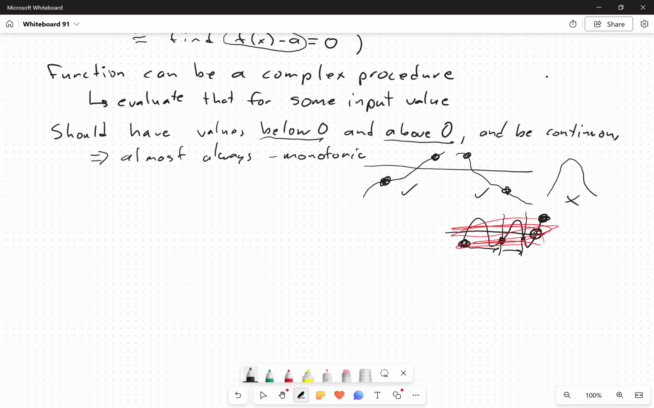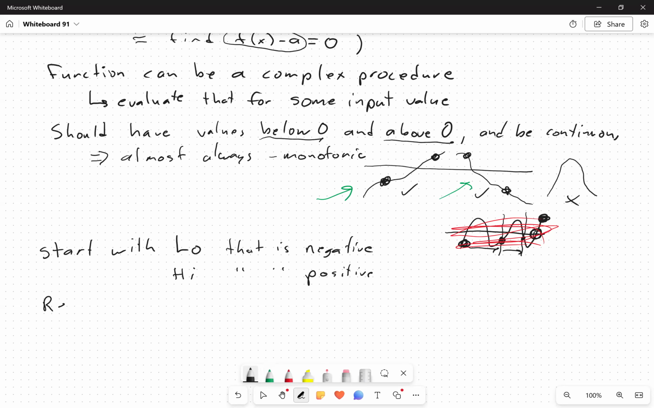Okay, so then what does it mean to do binary search? Let's start. I'm just going to write low because it's easier for me to write. That is, I'm going to say negative. But I'm going to assume a case kind of like this one here, where you're going from negative to positive. If you're going from positive to negative, then you just reverse all the positives and negatives here. And you start with a high that is positive. And then you are going to repeat